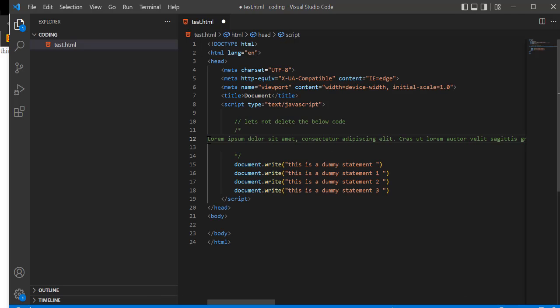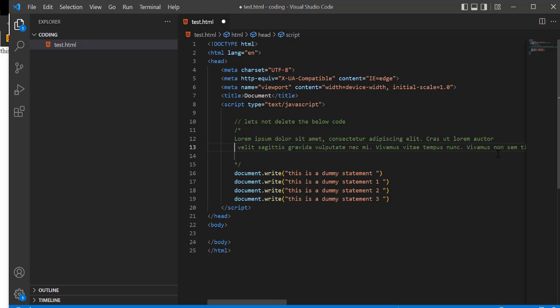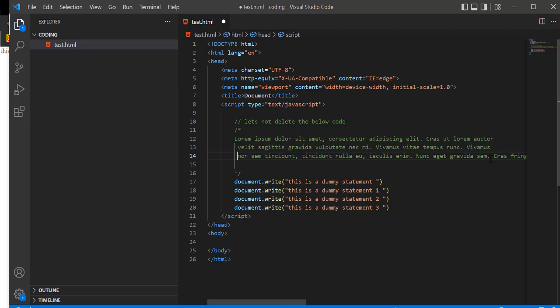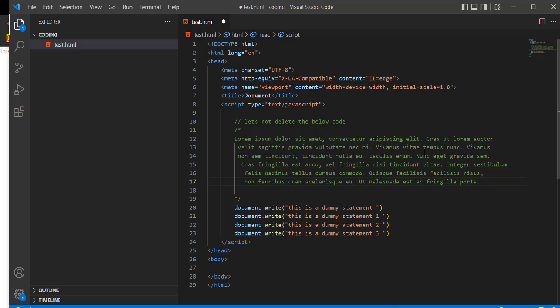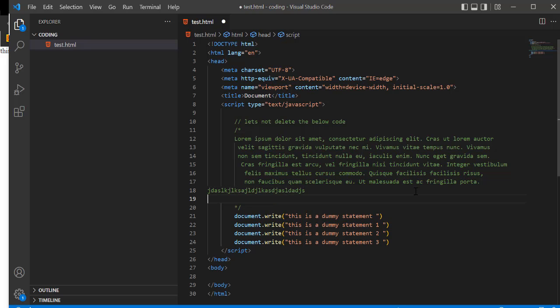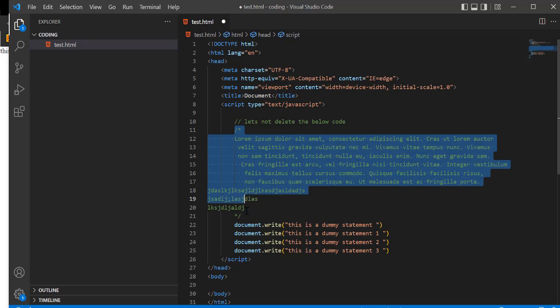So let's say we are just putting in this comment, which is just some gibberish. So if we hit enter, and the next line, and the next line, and the next line. So here you can see I have written like 6 lines of comments, and I can keep writing some more gibberish, right? And as I hit enter, everything is treated as a comment because it is between the starting comment and the ending comment. So this is how you write multi-line comments in JavaScript.